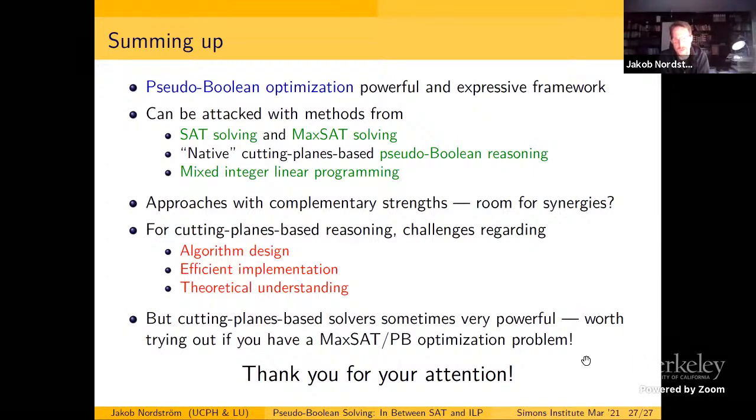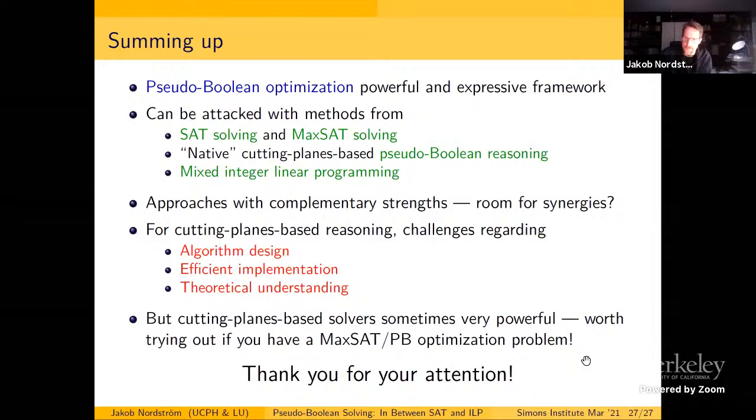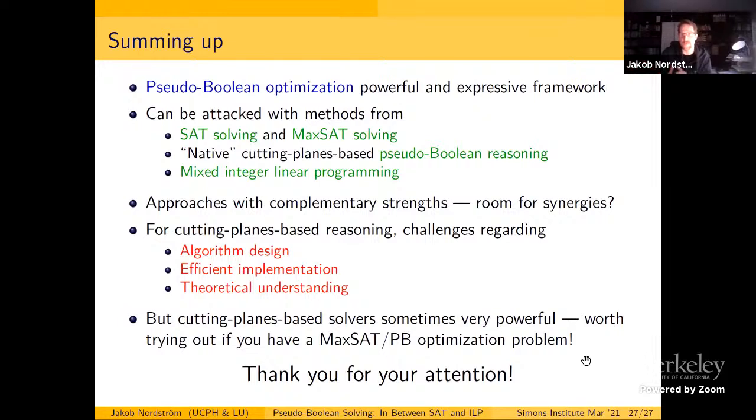And then another thing that is nice, I think there are a lot of questions to explore at the interface of pseudo-Boolean solving and MIP solving. When you relax the problem and find a rational solution, you can add a new cut, which is a sound constraint that cuts away this rational solution and so tightens your polytope. This is important, and as I showed in some of the experiments, this can really improve